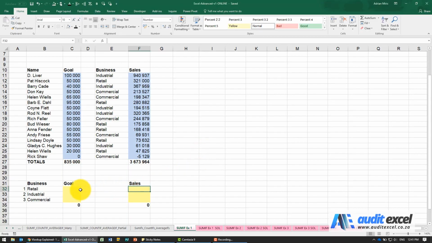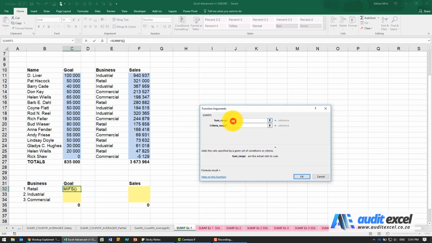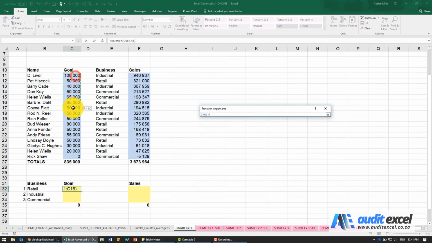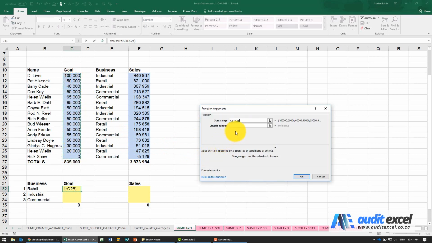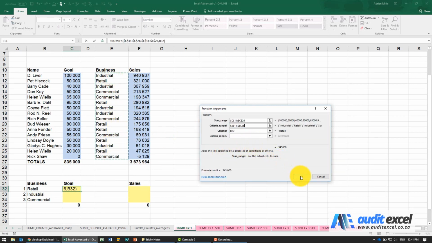The solution to this example, over here, what we want to do is we want to add up all the goal values where the business unit is retail. So what we're going to use is the sum ifs. What must we add up? So eventually Excel is going to have to add up the goal. And for now, we're just going to put full dollar signs on it. The criteria range, we do the criteria first. So the criteria for this one is that's the business unit. Where must it go look for that business unit? Over here, I'm going to put the dollar signs on. I'm going to say OK.